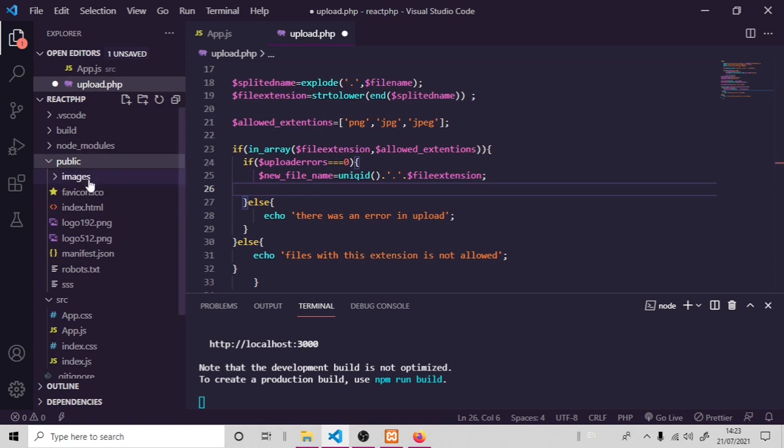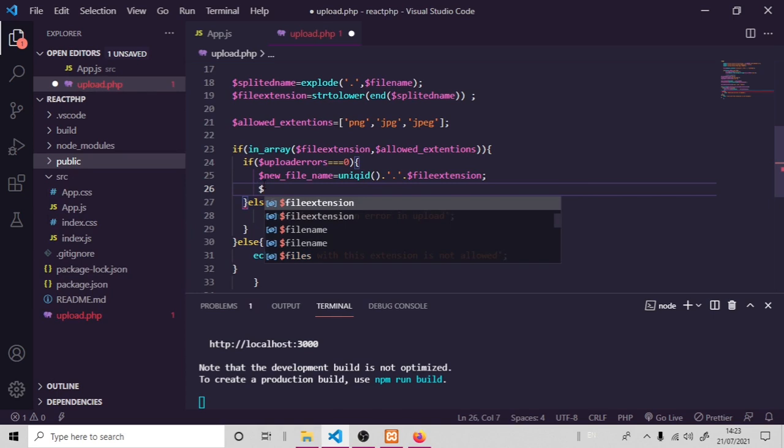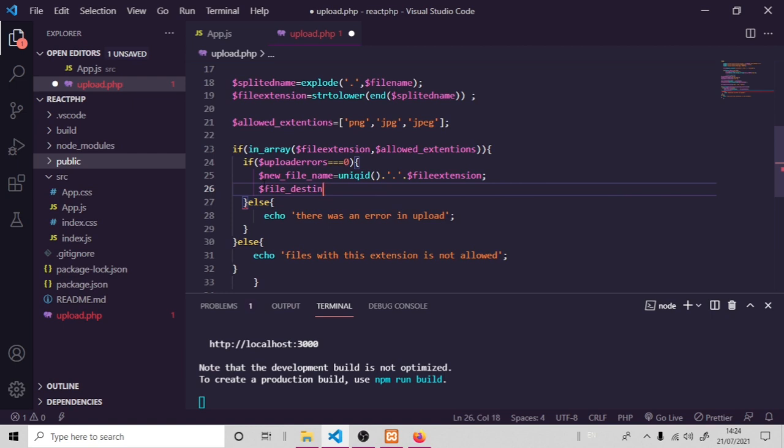Inside the public folder, create a folder and name it whatever you want. I've created mine and I'm calling it images. So we are going to create a variable to contain our destination, or the location where we want to push the file. So we can call it file destination. So our file destination is going to be